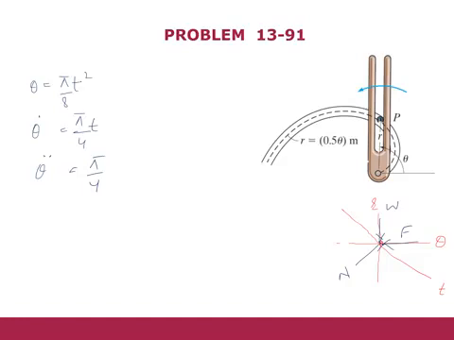Now we will move to calculate the acceleration in the radial and transverse direction. So we have a formula that a_r is r double dot minus r theta dot square. When you put the values, you will get minus 1.5 meter per second square. Similarly, when you calculate the component of the acceleration in transverse direction, you will get